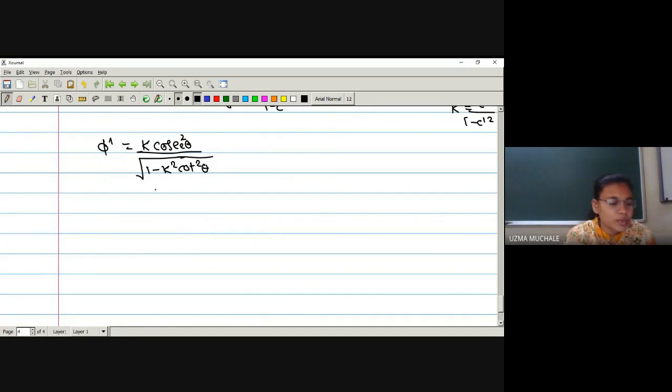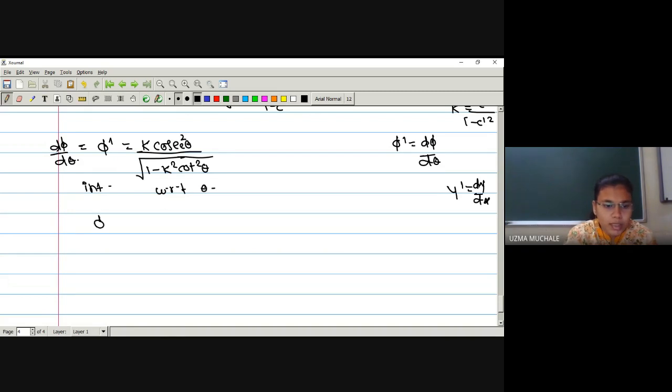Now we have to use integration, and in the integration we'll use the substitution method to solve this. So what is our phi dash? It is nothing but d phi by d theta, just like our y dash, which is nothing but dy by dx. So we will find the integration of this above term with respect to theta, because it is d phi by d theta. Let us write down integrating the above equation with respect to theta.